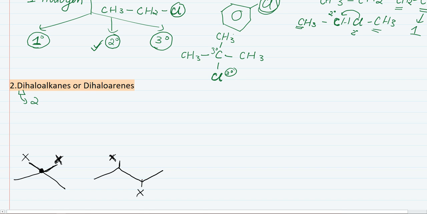Moving forward, when it comes to dihaloalkanes or dihaloarenes, you can know by the name itself that it has two halogen atoms present in the compound. So if a compound has two halogen atoms, you know that it is going to be a dihaloalkane or a dihaloarene. Now again, you can classify these into categories, that is geminal, vicinal, as well as